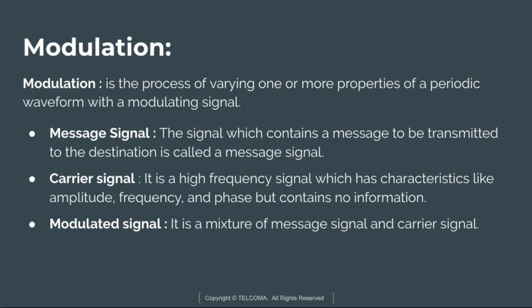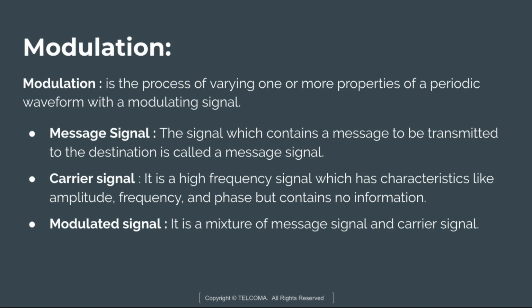Modulation is the process of varying one or more properties of a periodic waveform with a modulating signal. We know that a message signal cannot travel a long distance because of its low signal strength. So to make the message signal travel a longer distance, we need a carrier signal of high frequency. In other terms, modulation is the process of mixing a low energy message signal with a high energy carrier signal so that it produces a new high energy signal